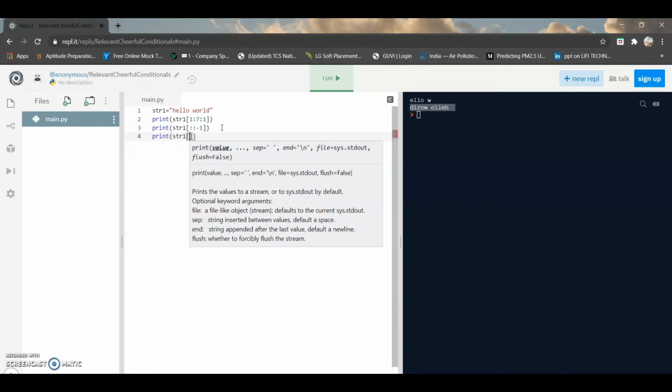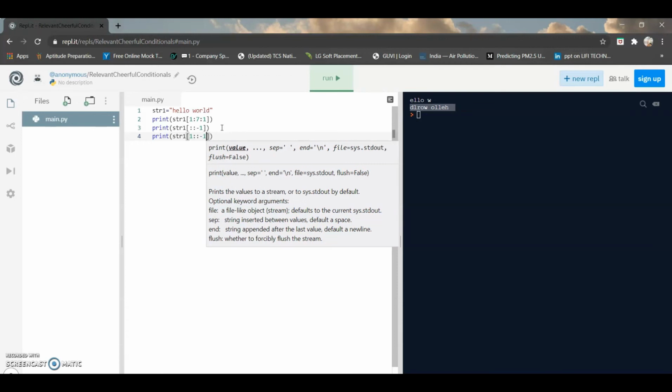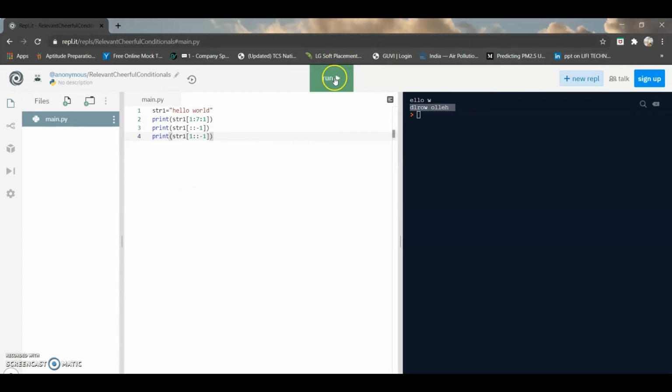You specify the first character, now I take it starts from 1, double colon. I'm not specifying any last character. I just simply give the style value -1, so that every character moves backward from the index number we retrieved. Okay, now see the output.